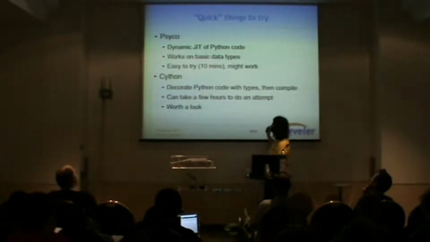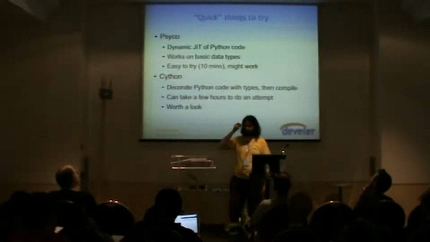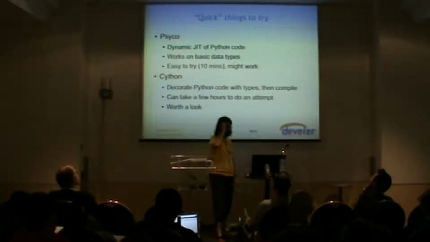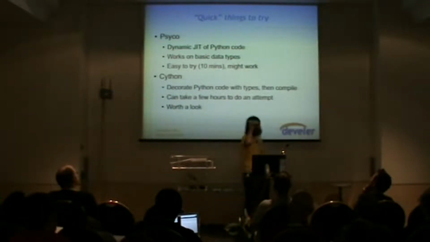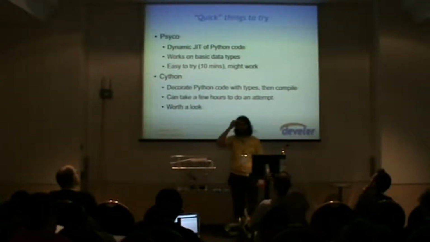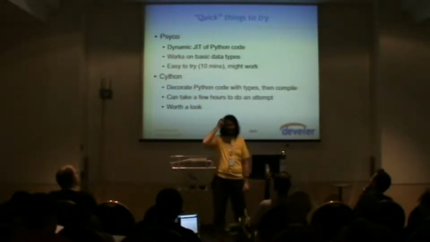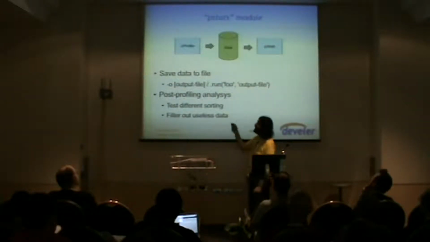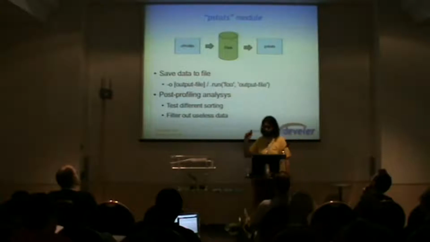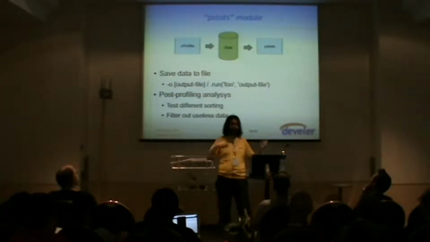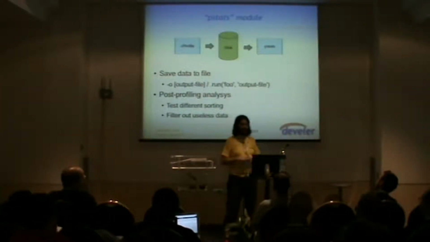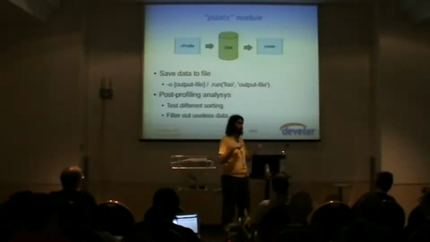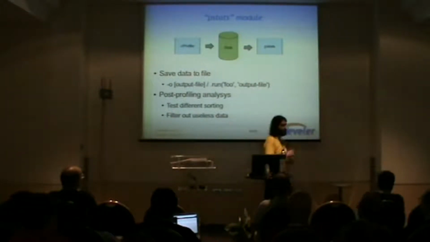Sorry, I'm missing a slide here. I suggest also to have a look into a graphical tool called RunSnakeRun. RunSnakeRun is a cProfile data analyzer. It's basically the graphical version of this pstats module, okay? With all the bells and whistles of graphical profiling tools. So if you are into user interface tools, you can try RunSnakeRun. It's really nice.